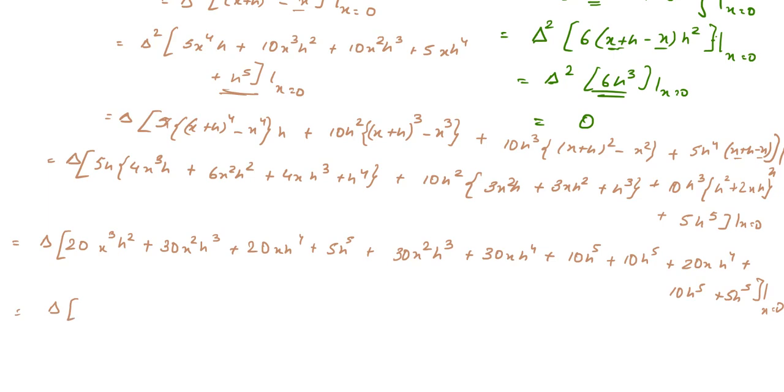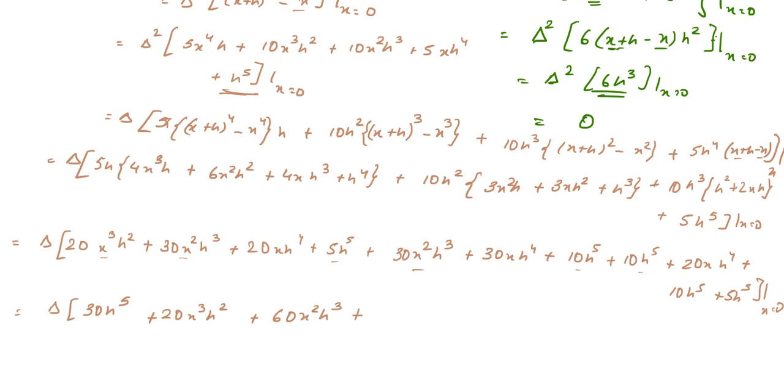First is h to the power 5. So let us check. Here we have 5, here we have 10, again a 10, again a 5. So total 30 h to the power 5. Then we have x cube h square, x cube h square 20. Then again we have nowhere, so this is only 20x cube h square plus, then let us check x square h cube. X square h cube is 30 over here and again a 30, so this is 60x square h